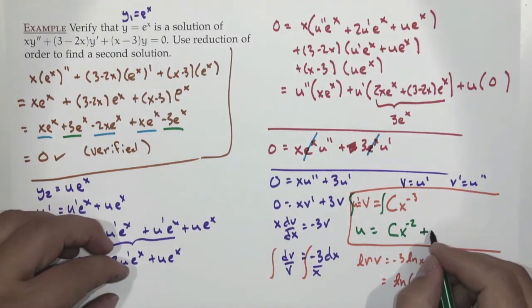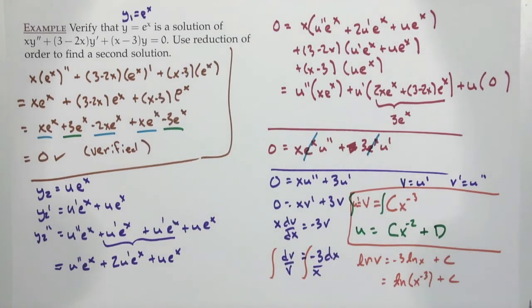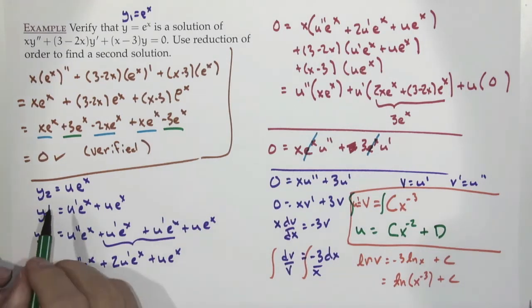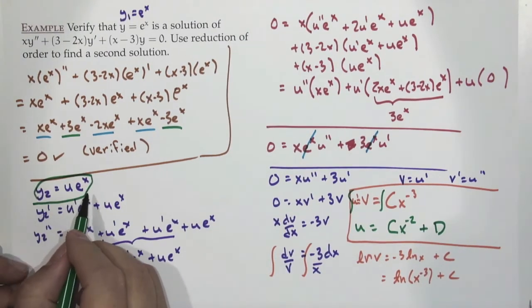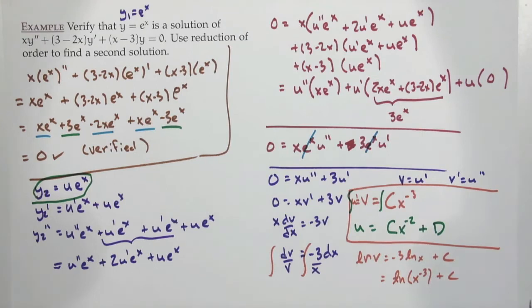Now, we solved for u. That's fantastic. Is this our second solution? And why not? You're right, it's not our second solution. Why isn't it our second solution? Yeah, so remember, our second solution is over here. It's u times e to the x. This is just u. So our real second solution